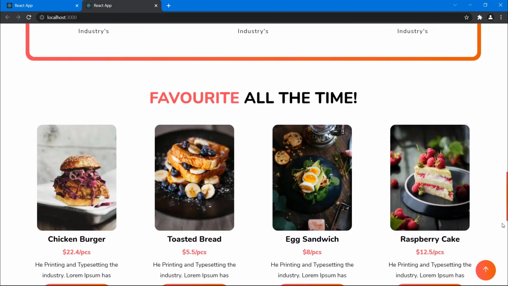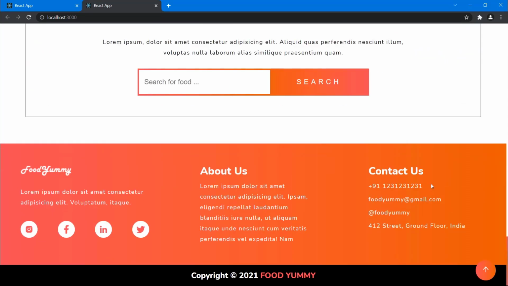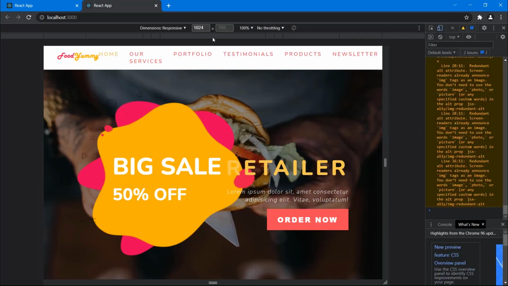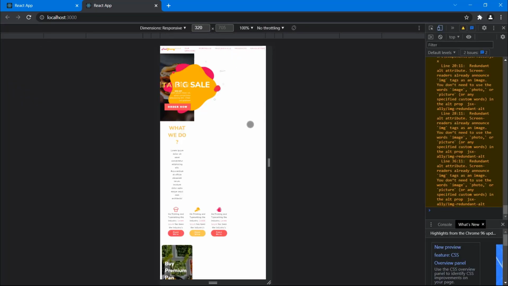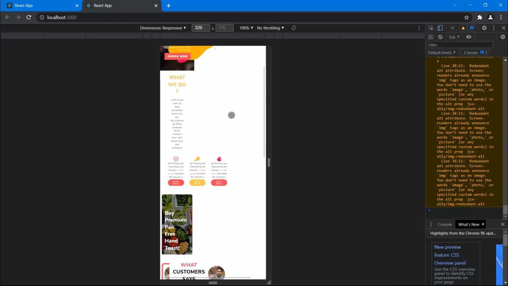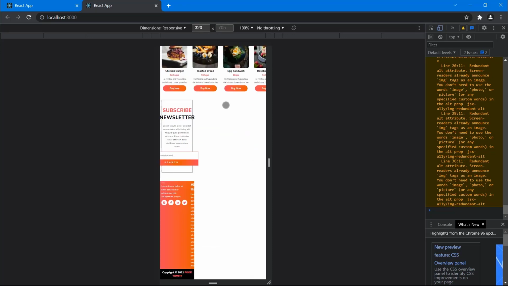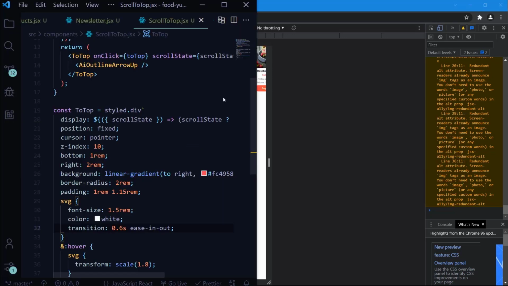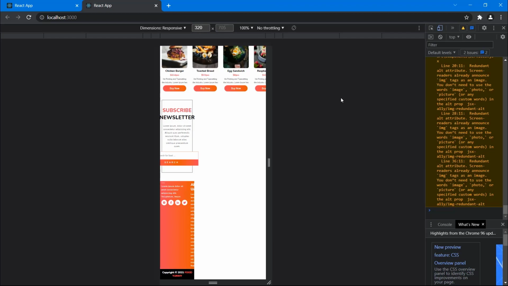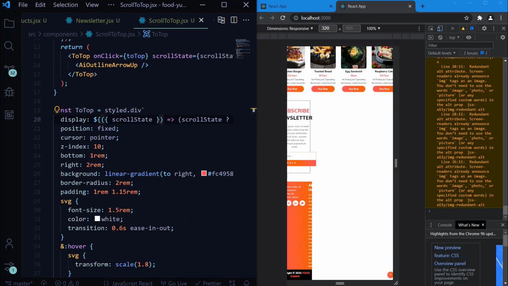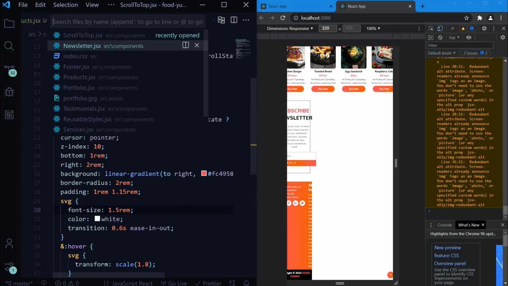So the scroll bar and scroll to top are styled. Now let's make this template responsive. So when we switch over to the mobile size, you can see that there is no responsiveness here. Okay, so let's do that. I'll switch the Chrome to half size also. So we'll start with the footer first. Okay, so we'll go to the footer,